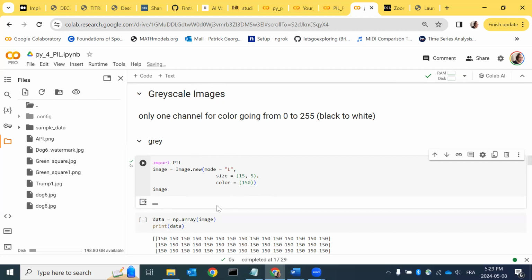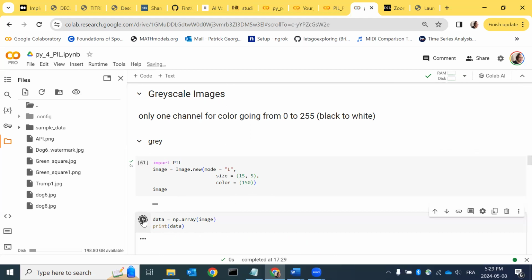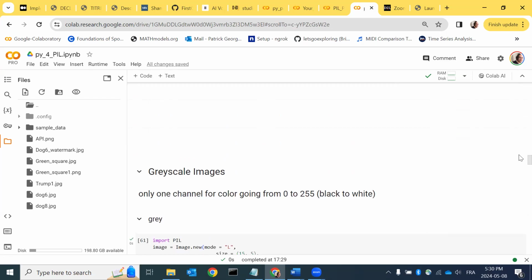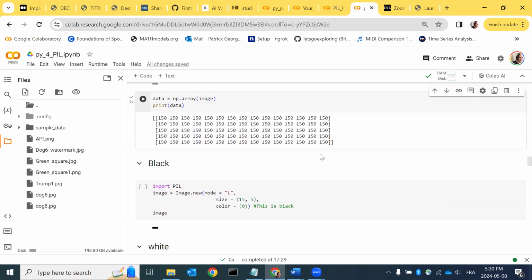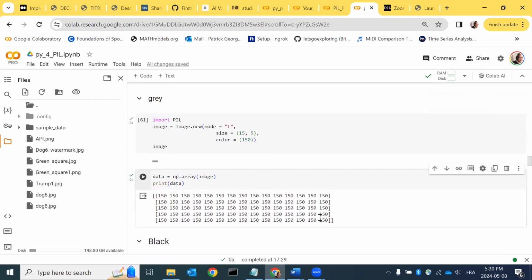If you apply that function on the image that we created, you see this table of numbers. So clearly you see 150 everywhere. And you can see that there are actually 15 pixels along the x-axis and